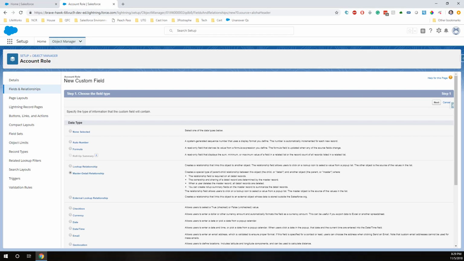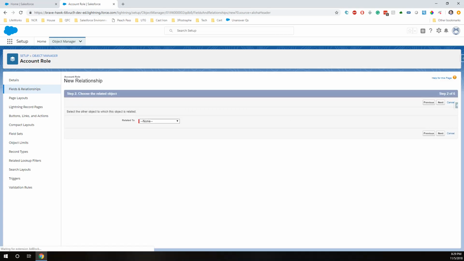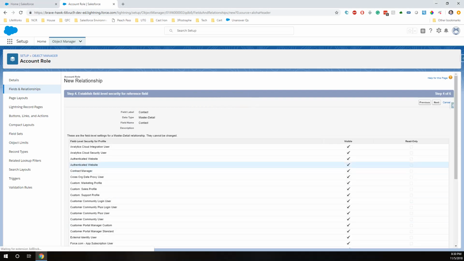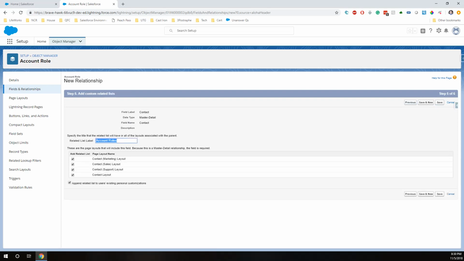We will go through the same steps for the contact master-detail relationship field. Contact, next. Leave that name, leave the other defaults. Click next, next, next. And let's create